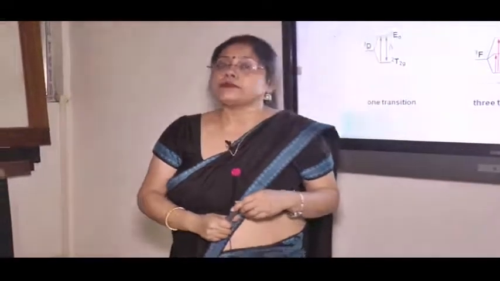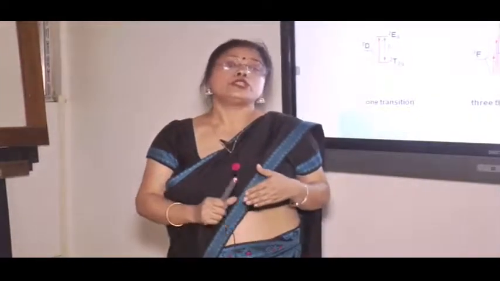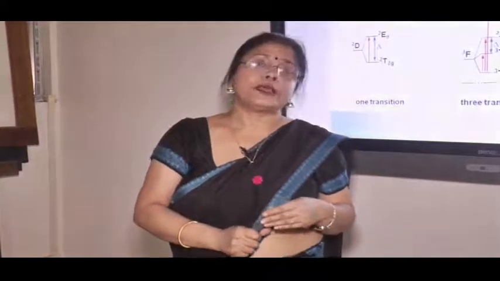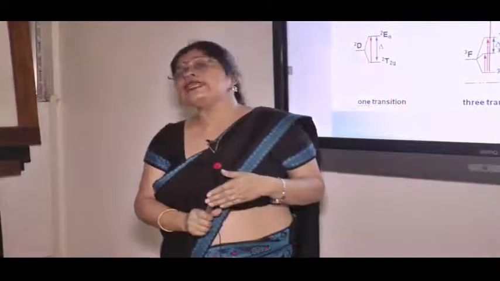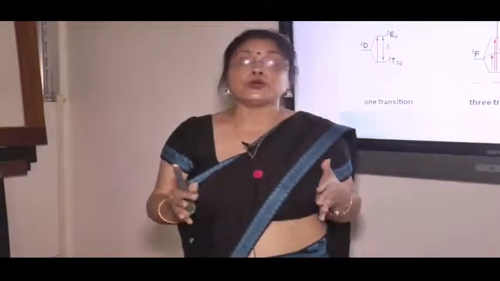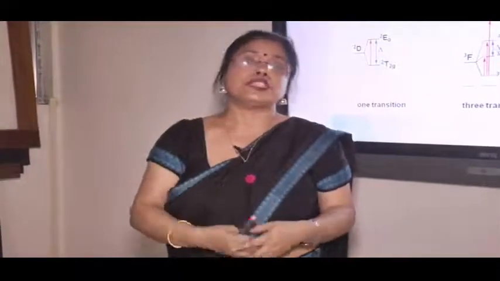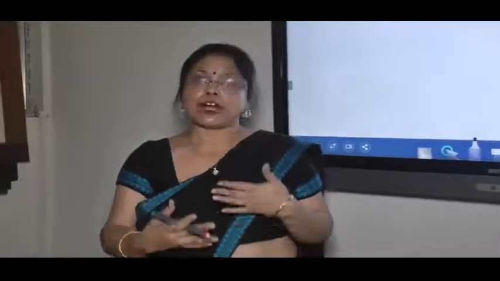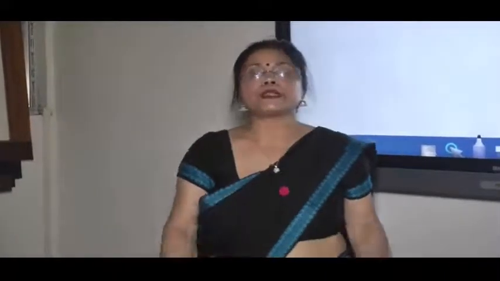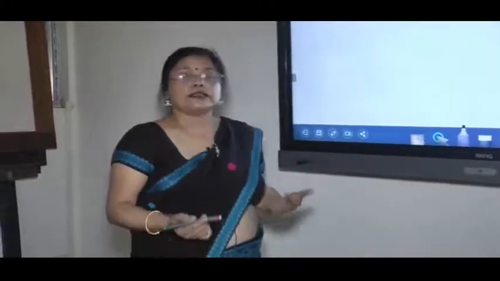So Orgel diagram is a qualitative explanation to the color of transition metal complexes, and till now it is widely used to explain the spectral transition in transition metal complexes. Now let us take a few examples where we will first find the terms and then we will see the respective Orgel diagrams, and then we will see what can be the possible transitions. So let us take the very simplest one, the titanium complex.